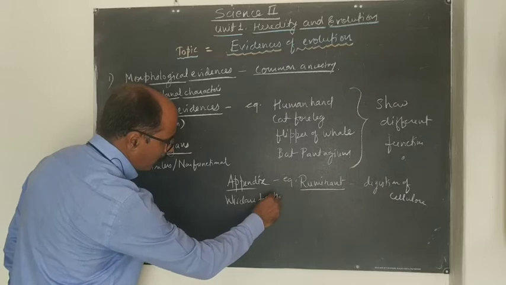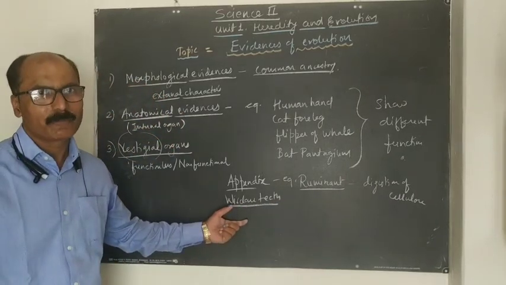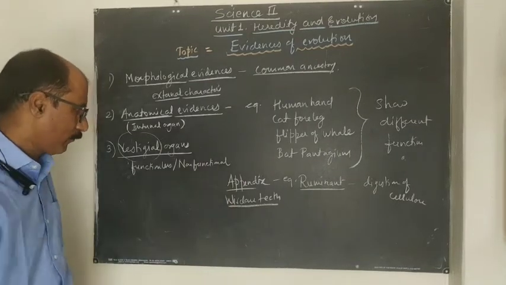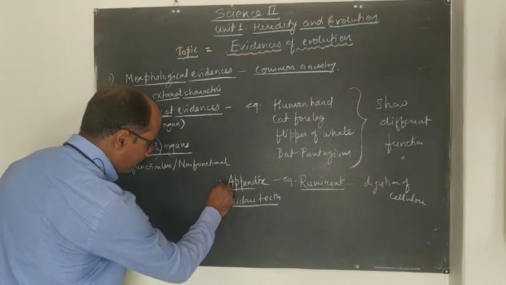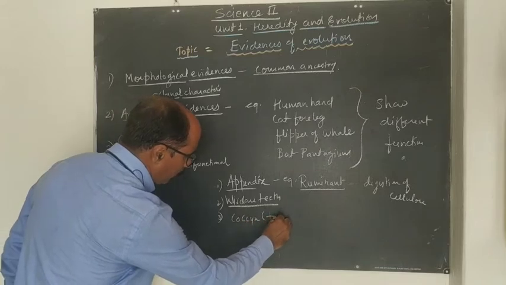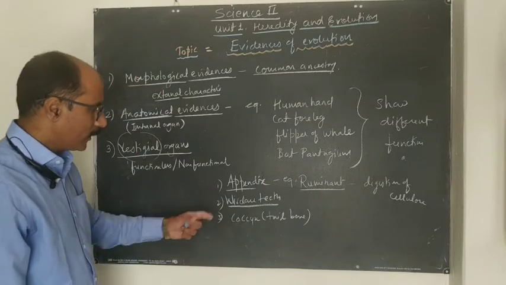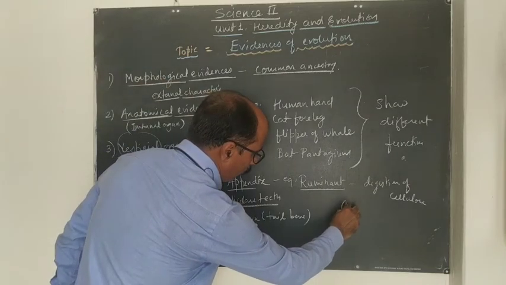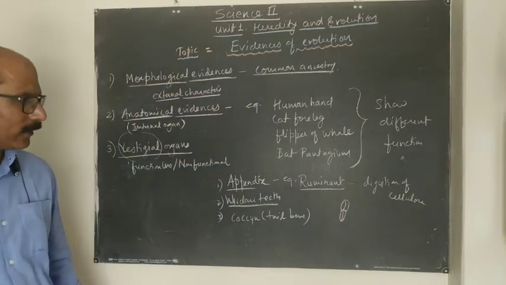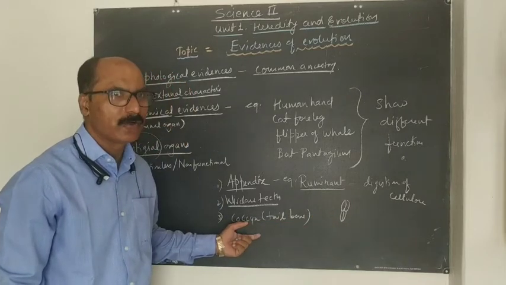It is simply called akkal daadh in Hindi or Marathi. These teeth are of no use for chewing purpose, but they are a functionless organ in the body. Example number 3, coccyx, also called the tailbone. In human beings, the coccyx is made up of 4 fused vertebrae. It is underdeveloped, not fully developed, and is called a vestigial organ, the tailbone.